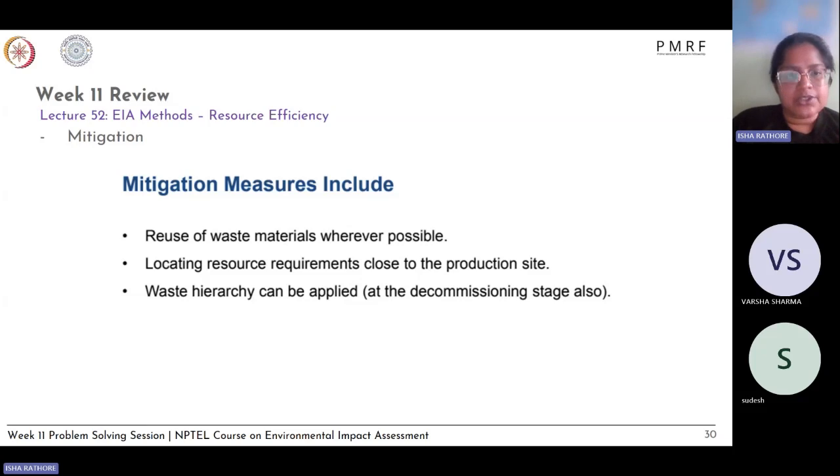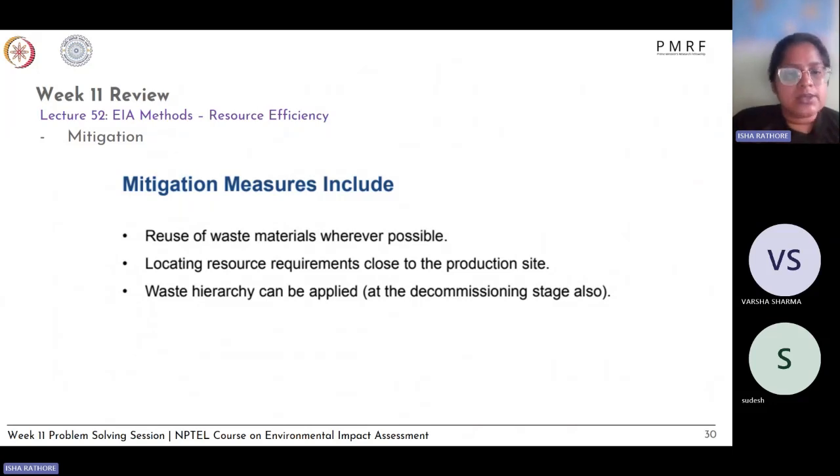So in mitigation measures, you should indicate or include the reuse of waste materials where possible. It gives a plus point to your project that whatever waste you are generating, you're trying to reuse that waste in your project. For example, water from your gray water, that is water from your showers and things, after certain treatment, can be used for landscaping. So this helps in giving a framework that waste which is being generated at site can be used again for a different project purpose only.